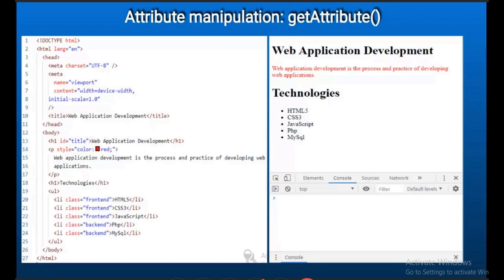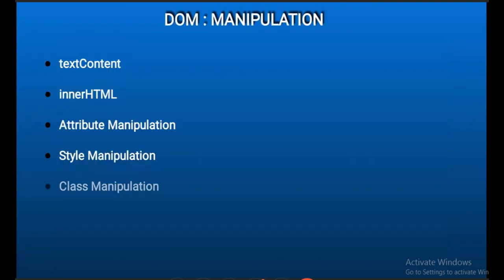So I have a solution, that is innerHTML. console.log head.innerHTML. So here there is a small mistake. This is not just web application development; the entire HTML is displayed there. Then head.innerHTML is equal to an entire HTML tag I provided, and because I gave innerHTML, that tag got formatted into HTML format, and only the web technology heading got displayed, not the other thing like before.